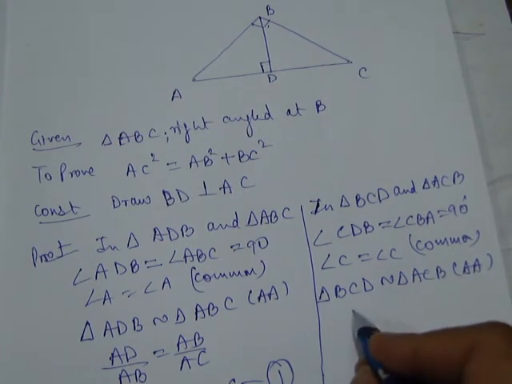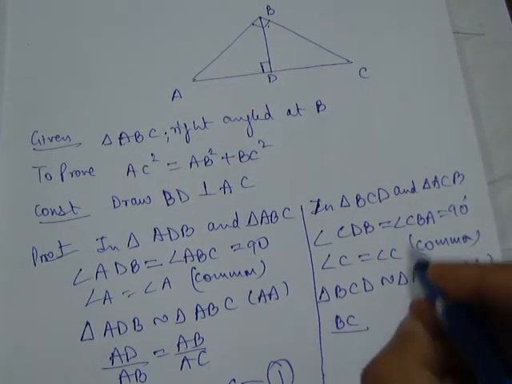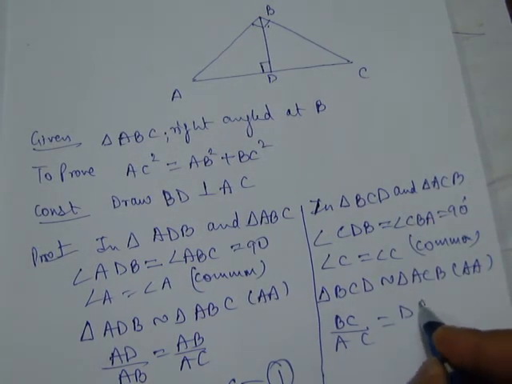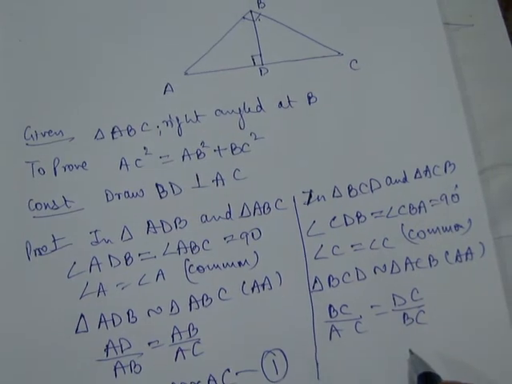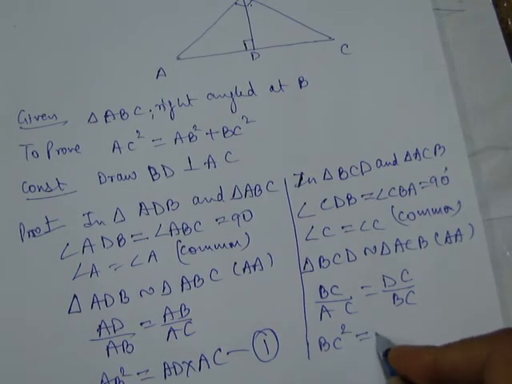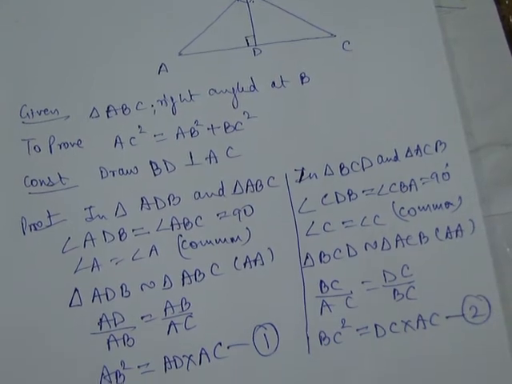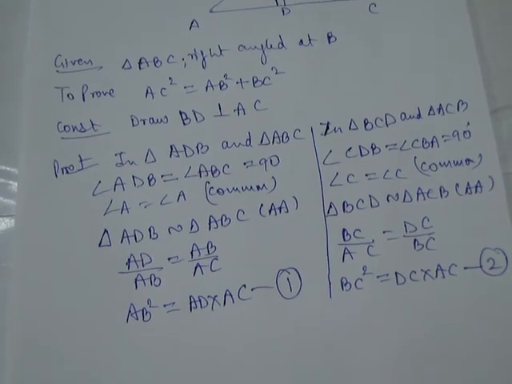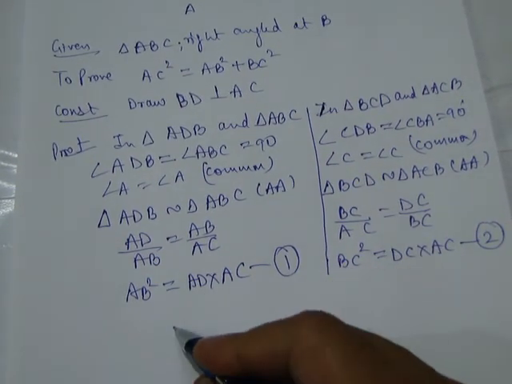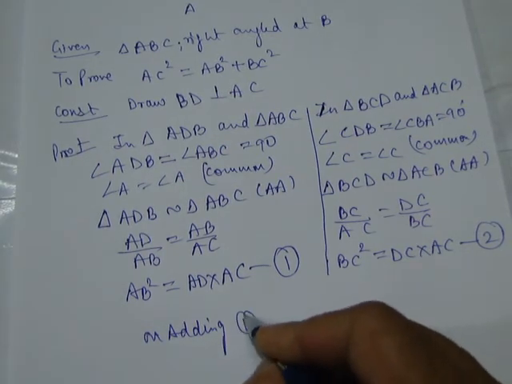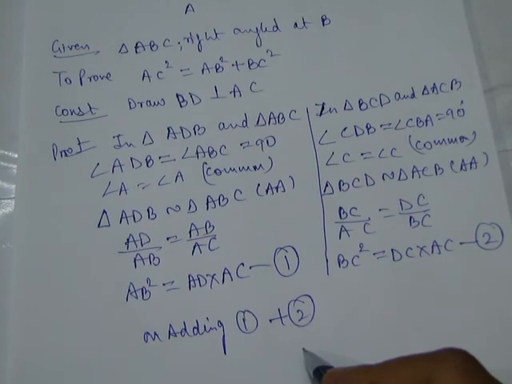Now again we can take the ratio of sides. So BC upon AC is equal to DC upon BC. Now we'll cross multiply. So we'll get BC square equal to DC into AC. This is our equation number 2. Now what we'll do? We'll add equation number 1 and 2. So on adding equation 1 and 2, we will get